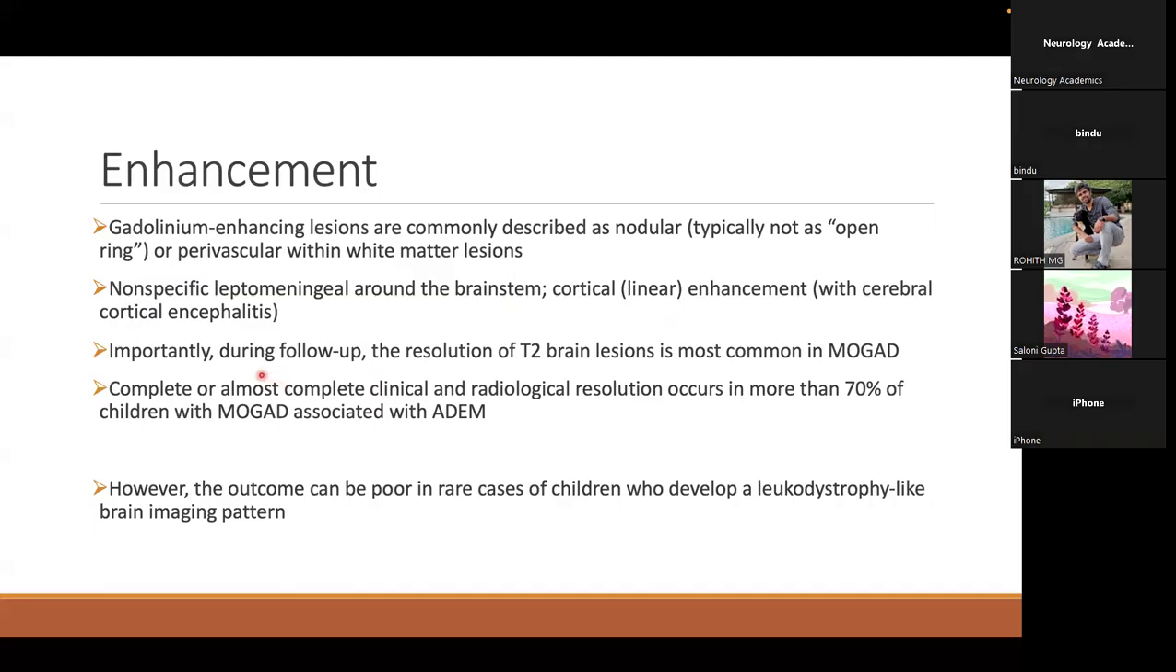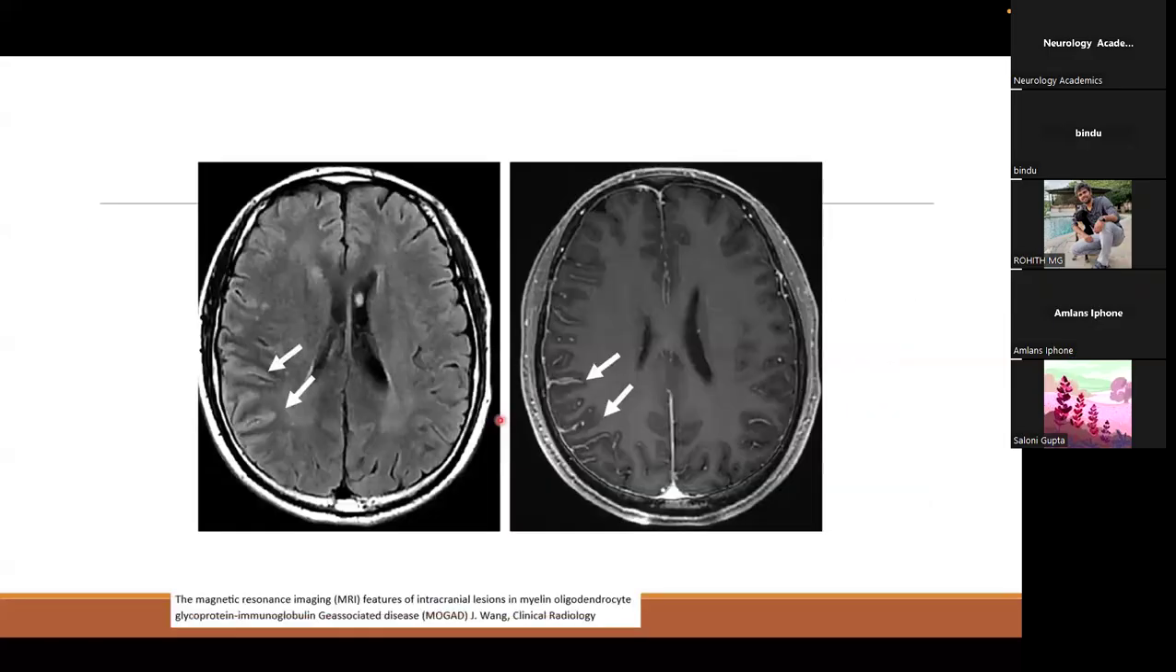And basically, MOGAD on follow-up will show resolution of the T2 lesions. Complete or almost complete clinical and radiological resolution will occur in 70% of the ADEM patients in MOGAD. However, in children, sometimes these lesions can have a leukodystrophy-like pattern, and then the patient can have a poor outcome. So here we can see the gray matter involvement in the cortex with leptomeningeal enhancement,